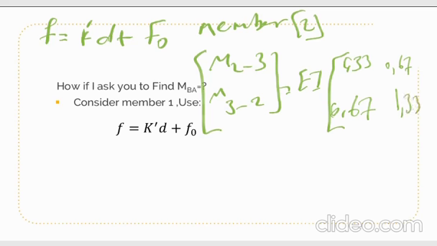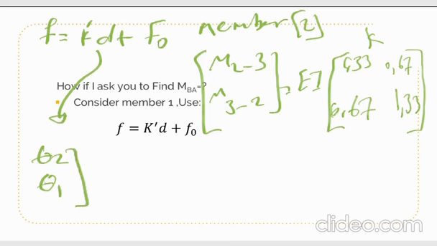This is the value of K, and for D, we have theta 2 and theta 1, because now we are in member number 2. Theta 2 we already found, 0.78. Theta number 1, 2.42, plus